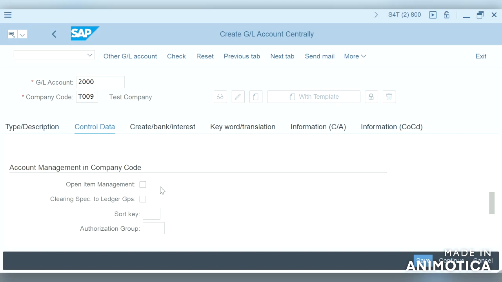Ultimately, the tax payable account becomes 0. Similarly, GRIR clearing account, bank incoming or outgoing accounts.